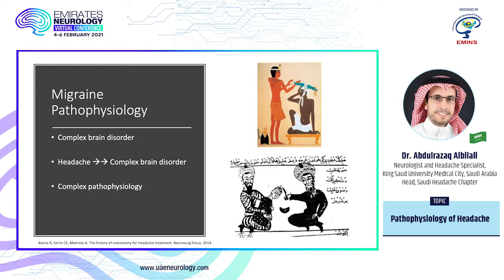Migraine is now considered a complex brain disorder and not just a headache. This view of migraine has evolved over thousands of years, from first being called a sick head attack in ancient Egypt, to something caused by the imbalance of the four body humors, as mentioned in ancient Greek and Islamic literature, to something thought to be mainly caused by the cranial vasculature system, and then finally a disorder of neuronal origin or complex brain disorder, reflecting our advanced understanding of the non-pain symptoms as well as the disability